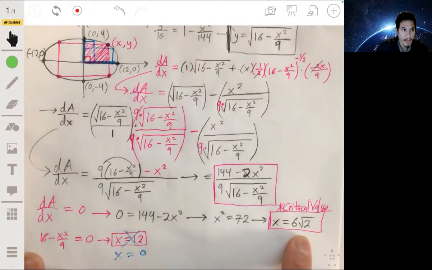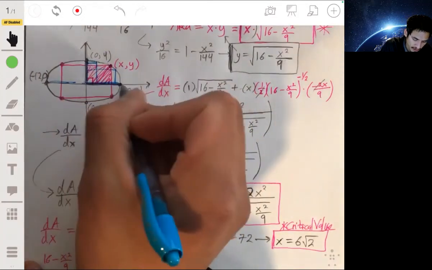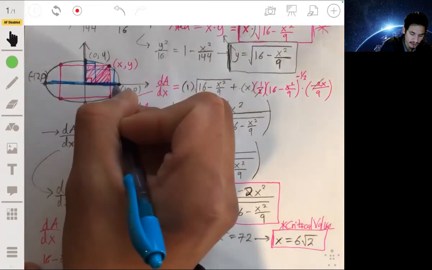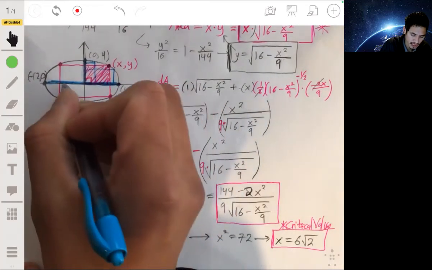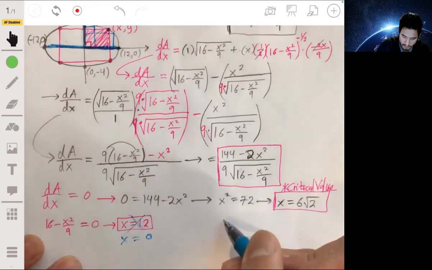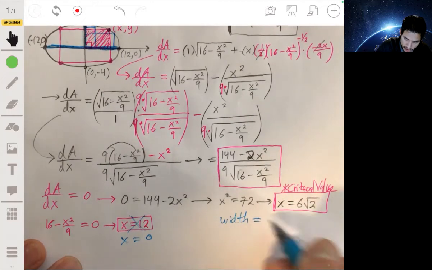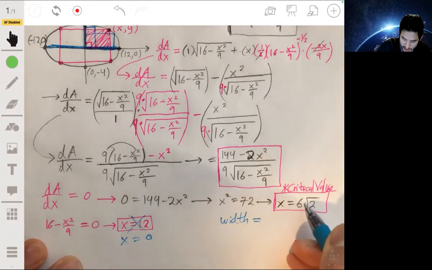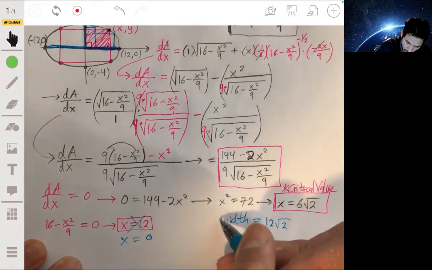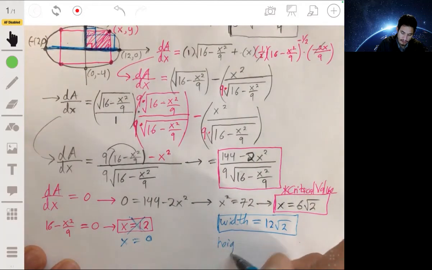Then that means, for this to be technically correct, remember we're only talking about this half. The total base of this rectangle from here to here will just be, let's say, the width will be 2 times this. So 2 times 6 root 2, or 12 root 2. And then the height, or the y value,